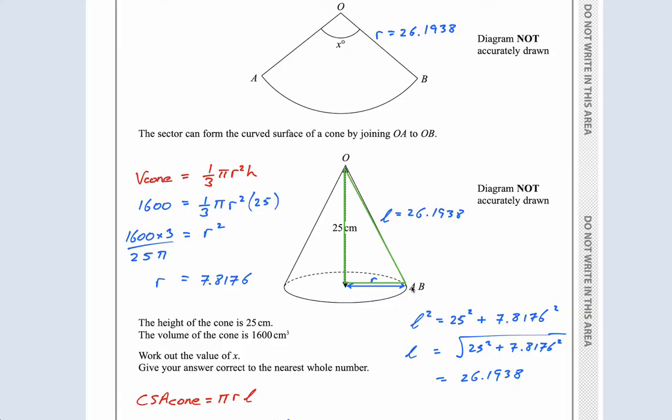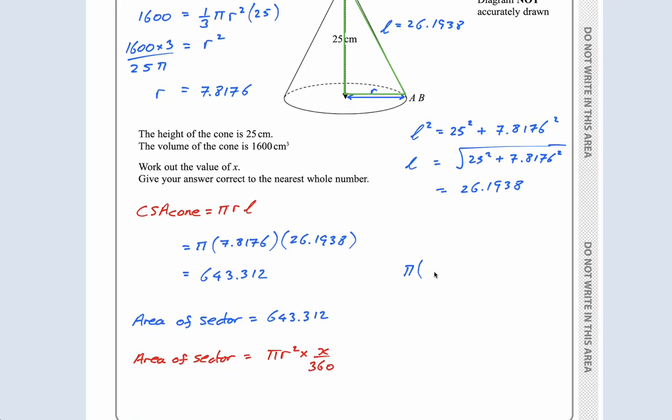In fact, here it is, AB. It'd be from O to AB. Okay, so it's 26.1938. So pi times 26.1938 squared, times x over 360